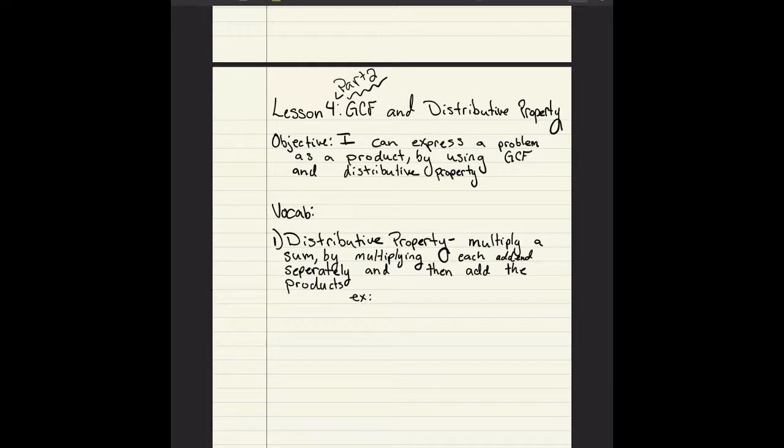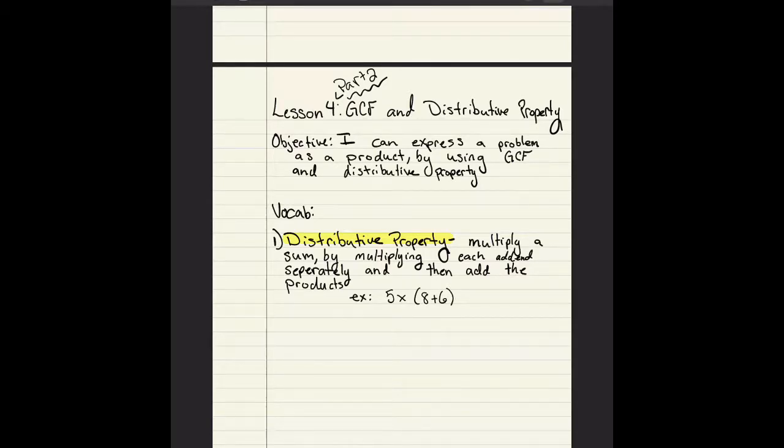Let's jump into vocab. Distributive property is multiplying a sum by multiplying each add-in separately and then adding the products, which sounds incredibly wordy, but it's breaking apart a multiplication and addition problem. So, for example, if you have 5 times 8 plus 6,